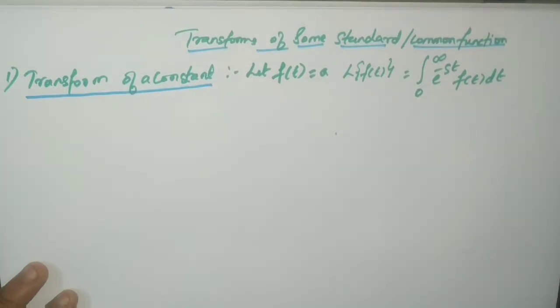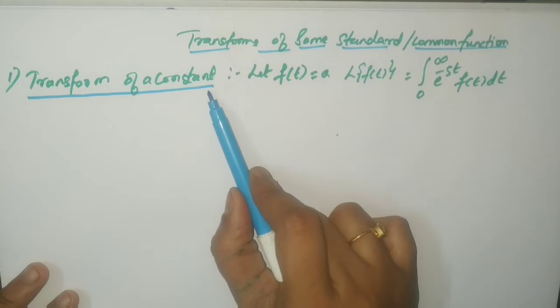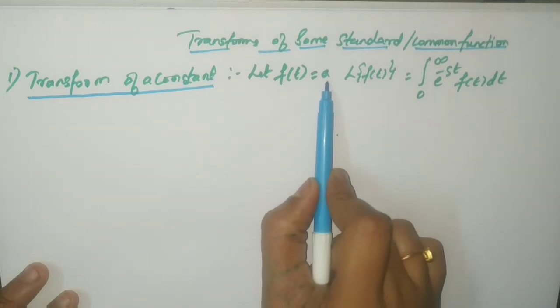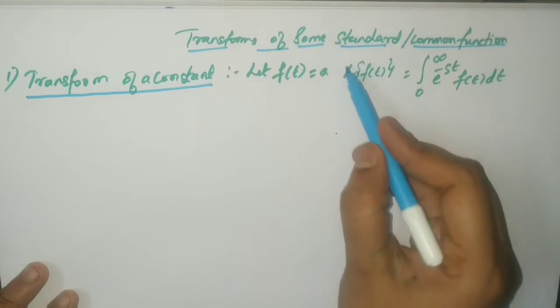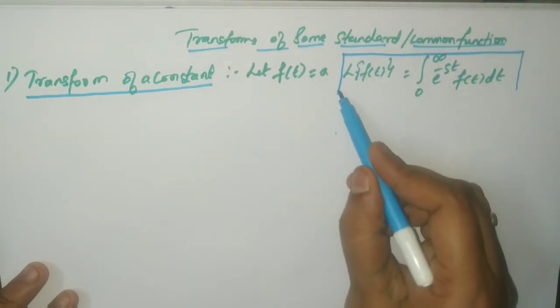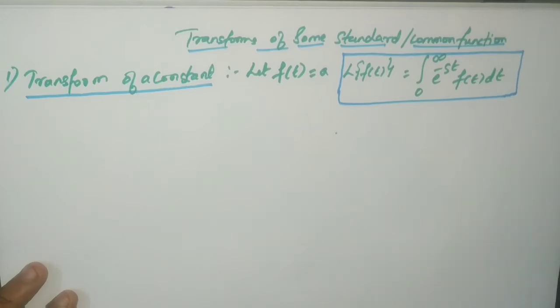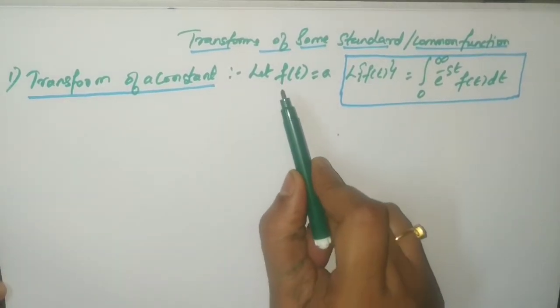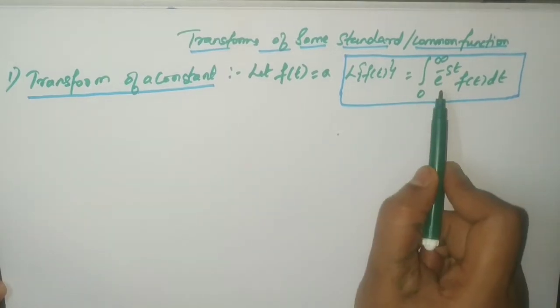That means your function is a constant. Since the function is constant, let f of t be equal to a, where a is a constant. In my last video, you can see the definition of Laplace transform, that is integral 0 to infinity e power minus st f of t dt. This is the formula for Laplace transform. What we are going to do here is substitute this function into the formula to get